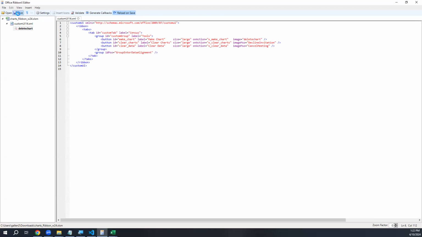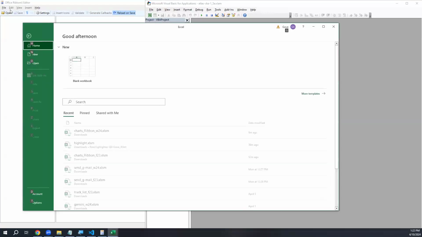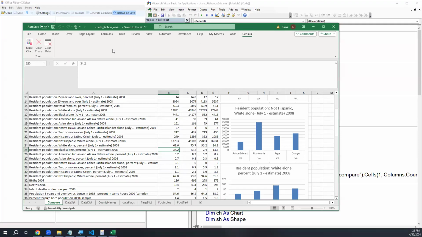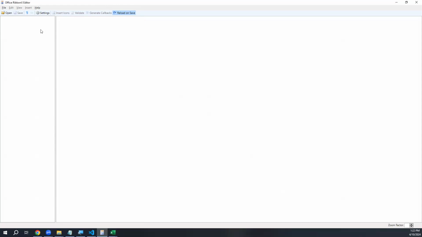Should be able to say save and then close. Then we'll open again. And now it's got that image that I uploaded. Okay, questions on putting your own image in? Pretty simple: get the image, say you're going to insert an image, and then just change it from imageMso to image. All right, one more thing that we're going to do in the space of this ribbon,